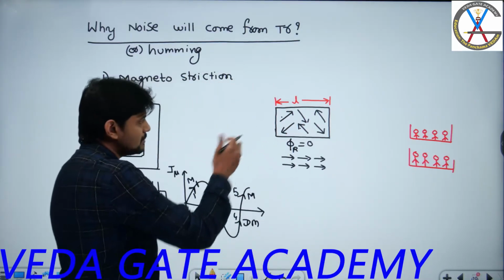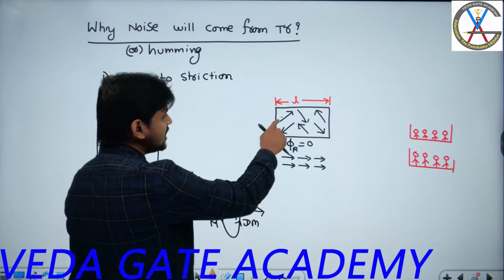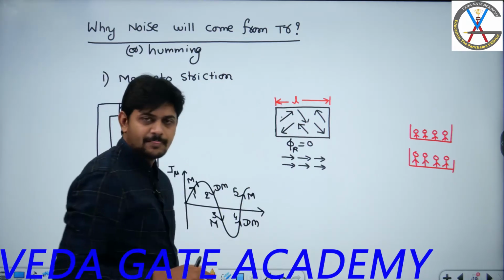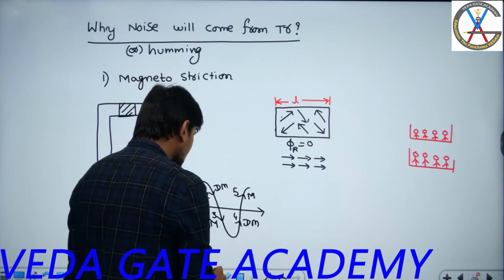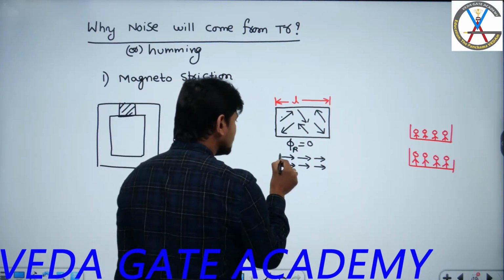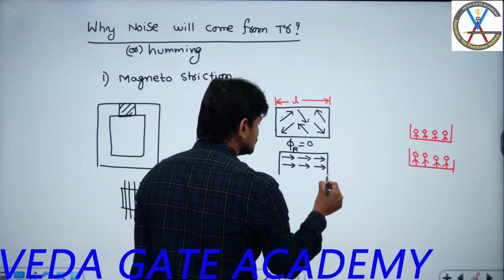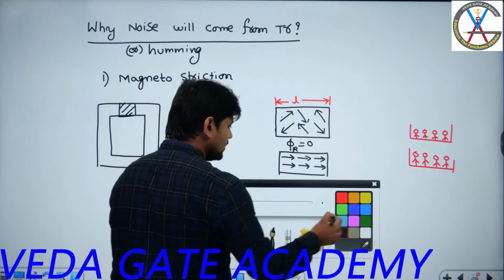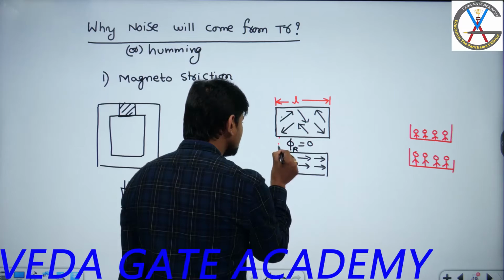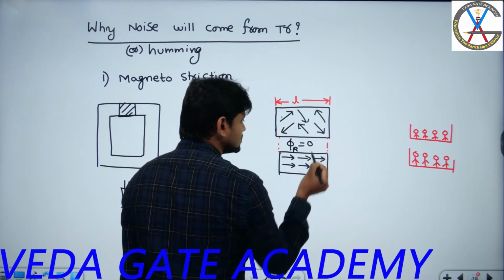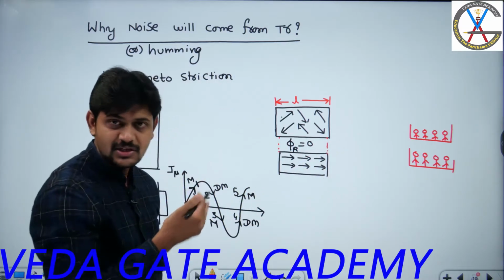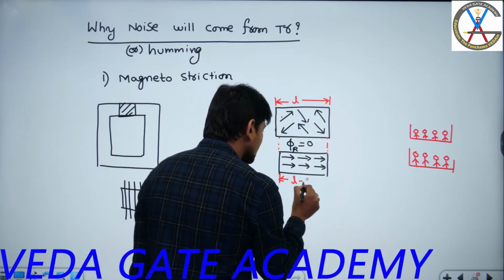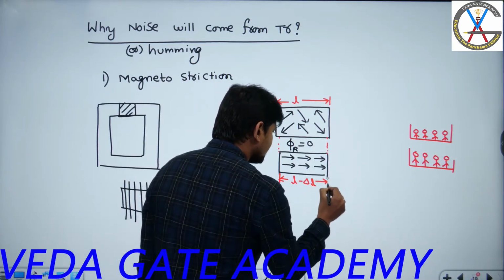So the same thing is applicable here also. If these dipoles are not uniformly aligned, I require L length, but if all the dipoles are aligned uniformly, I do not require the same L length. So I require a small length compared to this one. The length will be decreased by a small value compared to the original, so you cannot observe these deviations actually. So I can say the length requirement is L minus delta L.